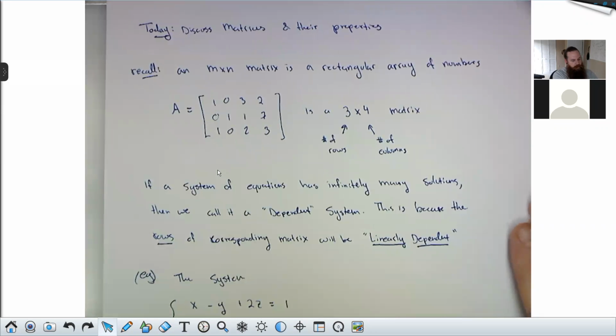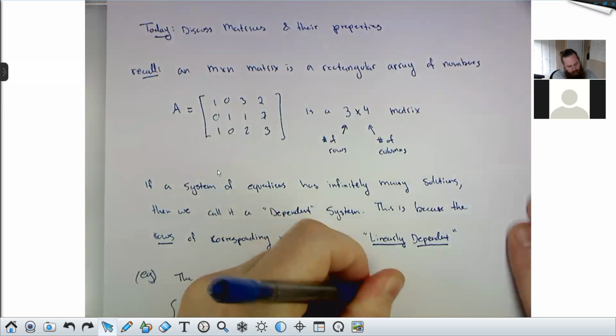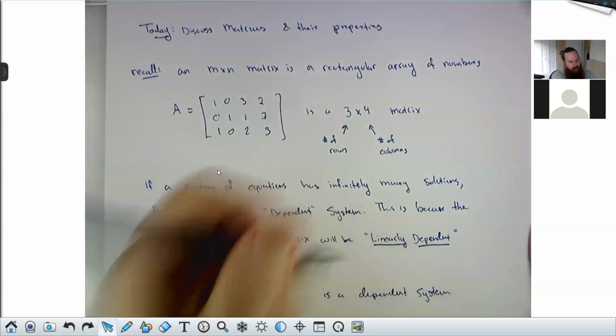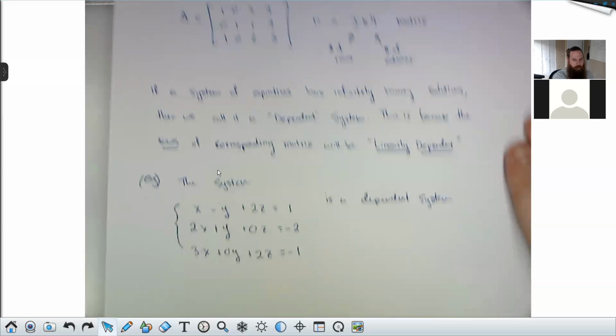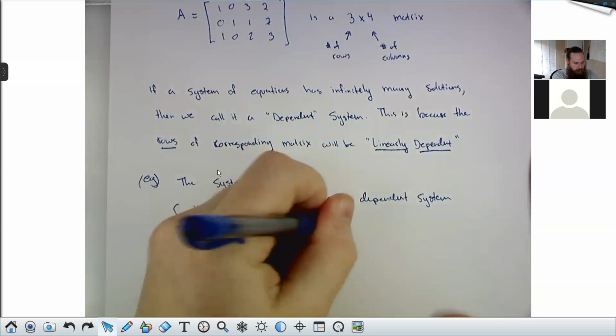This is a dependent system, meaning it'll have infinitely many solutions. And one way to see that